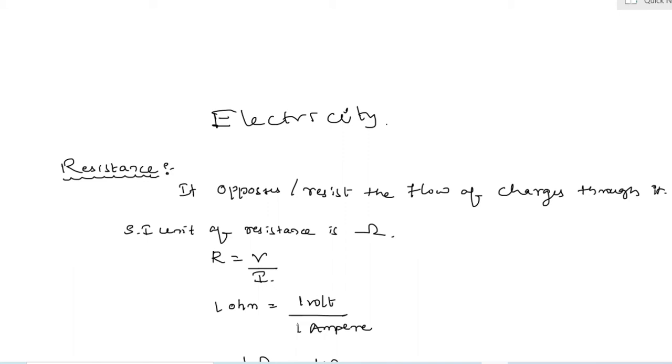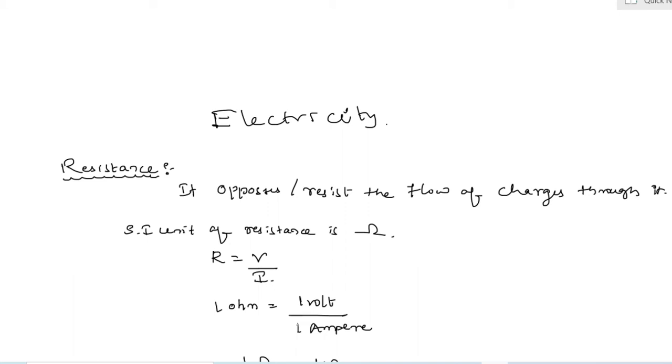It is defined as the work done per unit charge in moving a unit positive charge from one point to another point. It means 1 volt is equal to 1 joule per 1 coulomb, that is, 1 V is equal to 1 J C raised to minus 1. Afterwards, we discussed the electric circuit diagram and some symbols used in electric circuits,